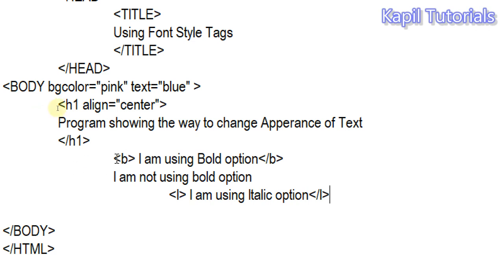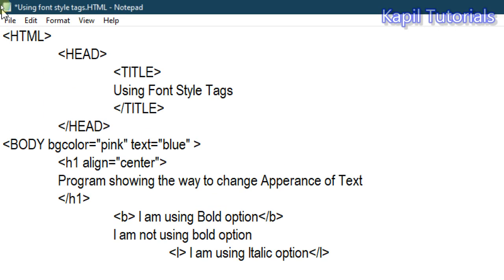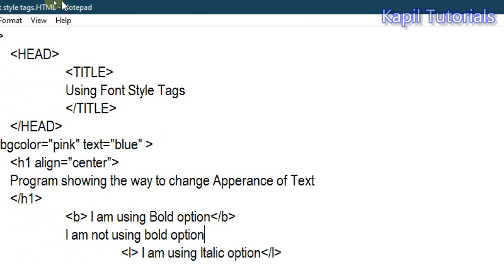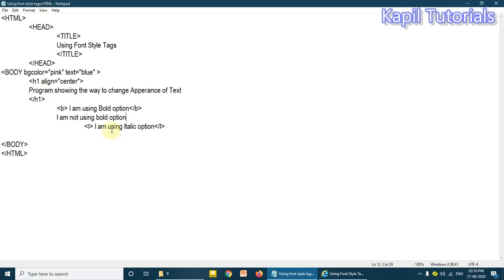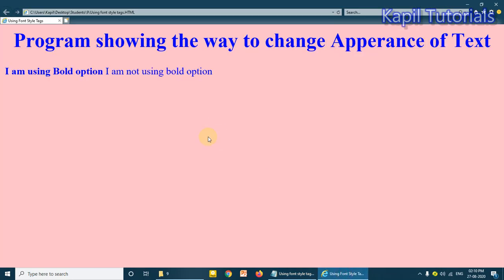Now this is also a container tag, like B is started here, the same way it is closed here. Click on file and save. This is always the best option. Step by step we should do the coding. Then F5. You could see here the difference, bold, simple. I'm using italic option. You could see here it's leaning in forward position.